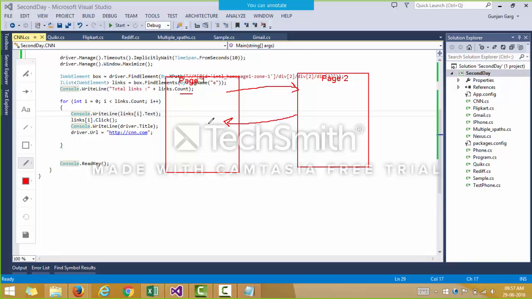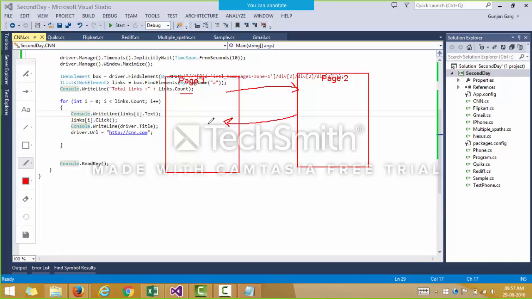So what you will do is retrieve the box and the links present inside the box again. Because when you click on a particular link, both the box and the links objects are lost from the memory. So you will have to extract the box and the links present inside the box again.